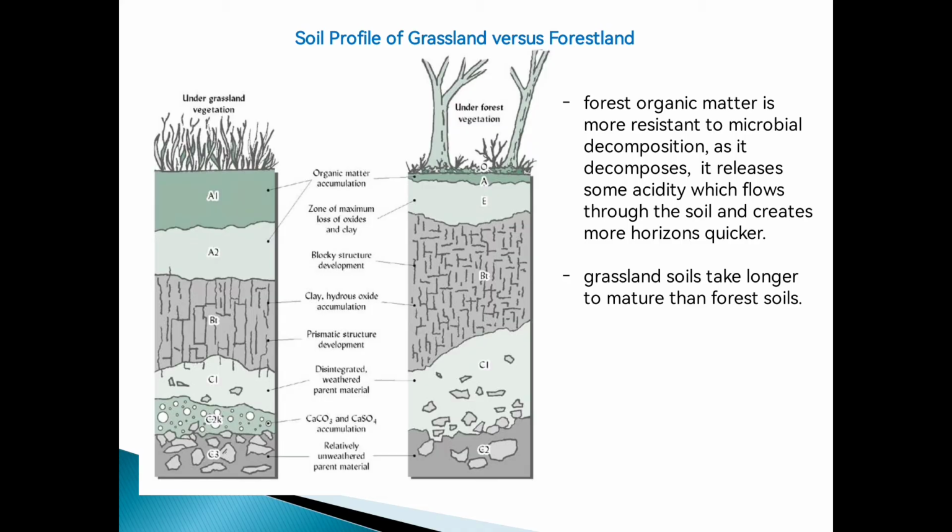And then, at the same time, meron din siyang effect sa profile development. And when we till the soil, kung binubungkal natin yung lupa, we are destroying the structure of the soil, and some of the minerals, some of the soil particles, go down to the lower part of the soil profile, soil horizon, kaya nagkakaiba na rin yung composition ng lower horizons ng ating lupa. So, those are the effects of living organisms on the soil development.